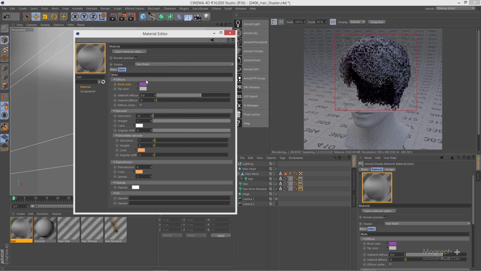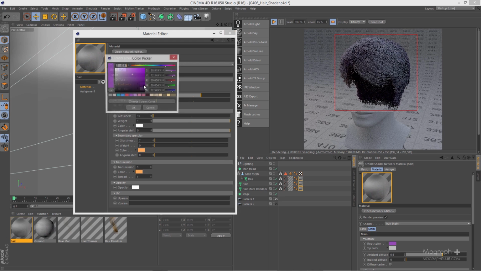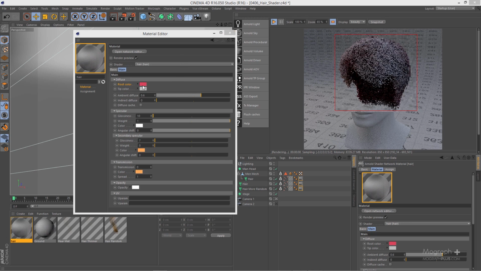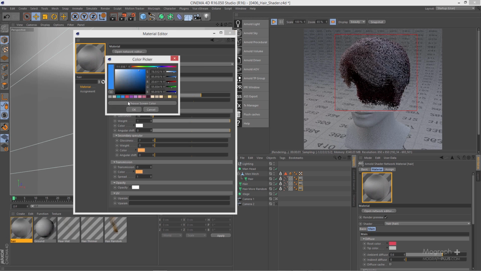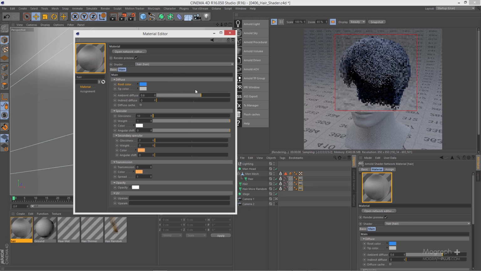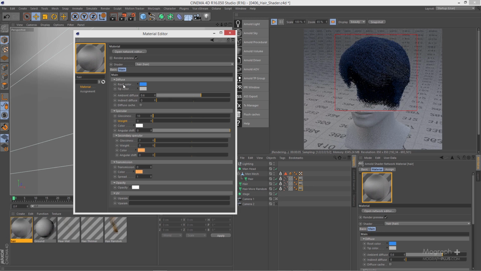And we can go ahead and play around and use different colors, and you can see the changes in the IPR. Let me change it to maybe this crazy blue color, and you can immediately see the changes in the IPR. Even though it's not quite obvious, because down here we have a very strong specular weight, if I zero out my specular weight, you start to see that blue color at the root of our hair